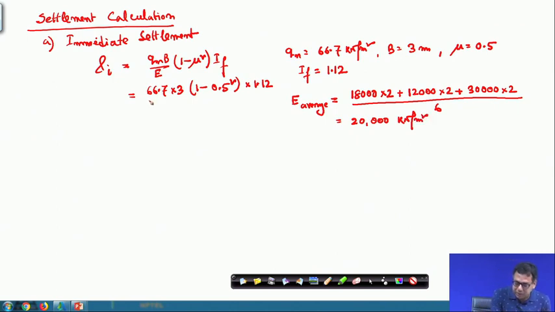So, that 20,000 I will use here. So, the calculated value is 8.4